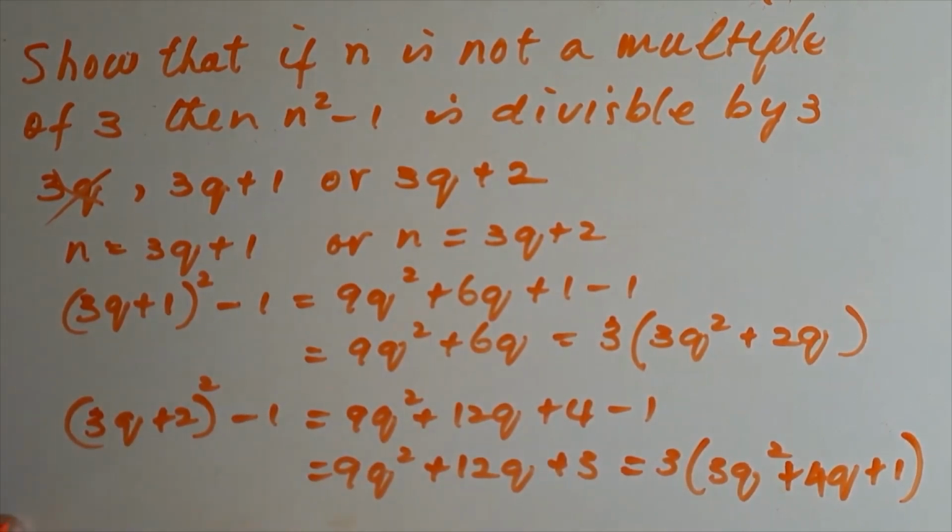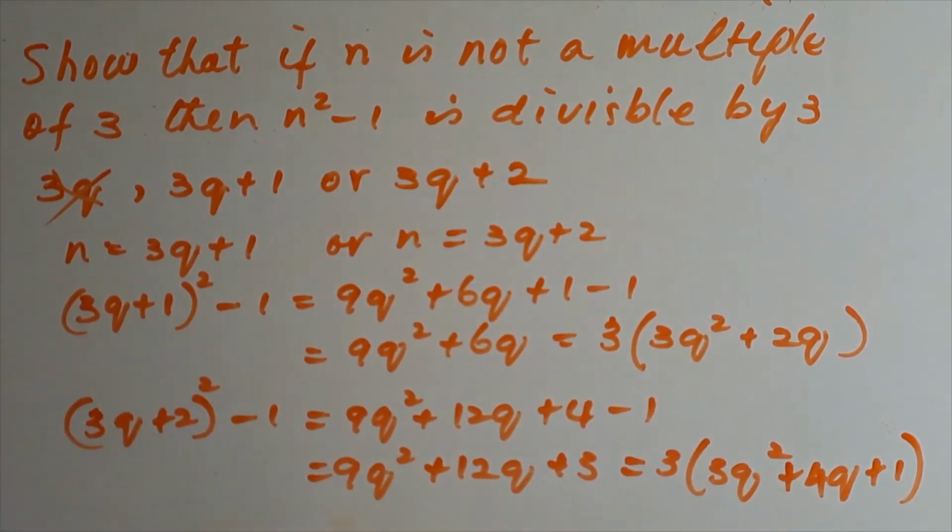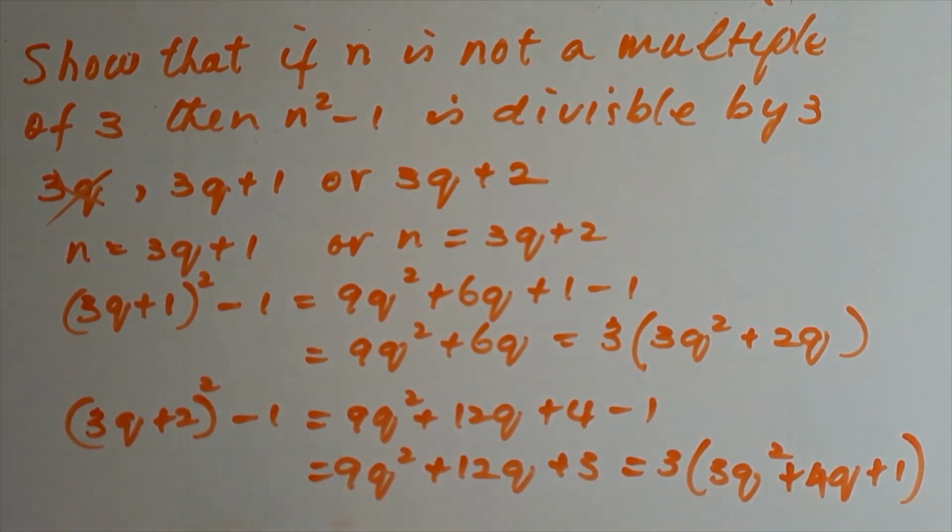So in each case here, for n equal to 3q add 1, n squared minus 1 is a multiple of 3, and also for n equal to 3q add 2, n squared minus 1 is also a multiple of 3. So what was shown in each case is that n squared minus 1 has remainder 0 on dividing by 3. In other words, both of these options will give you a multiple of 3, meaning